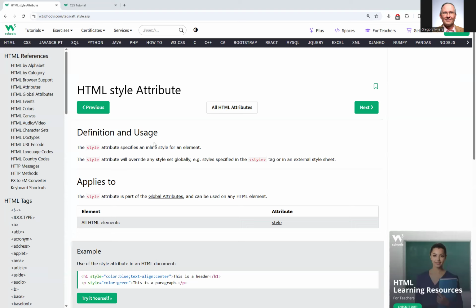So the first thing that we want to remind ourselves of is the HTML style attribute that is available in most of the HTML tags. The reason I say it that way is that in some cases the style element is available. However, the behavior is poorly defined or undefined. We're going to focus in on some very basic examples that will allow for us to modify the appearance of